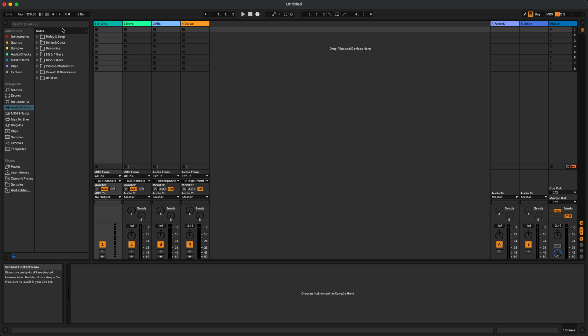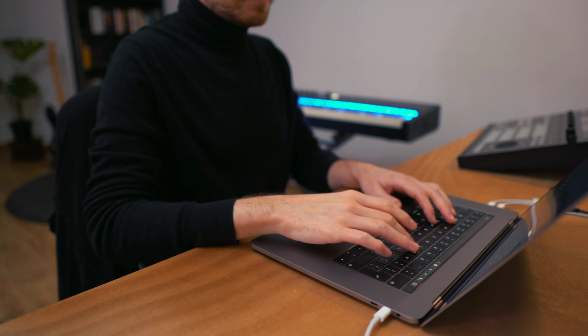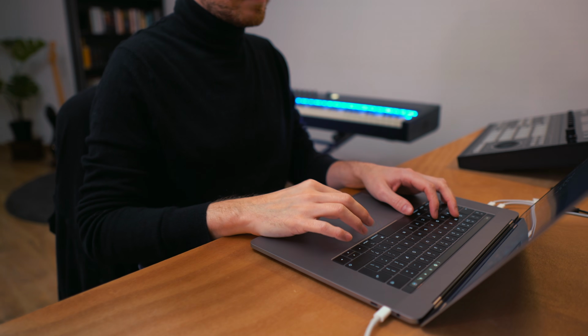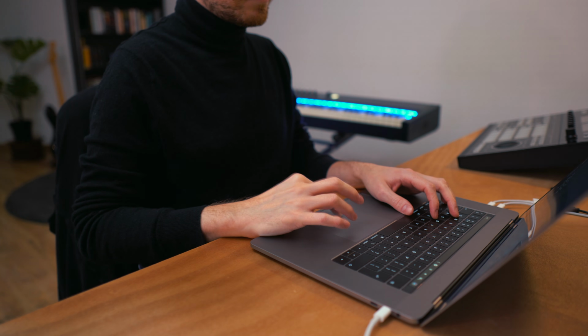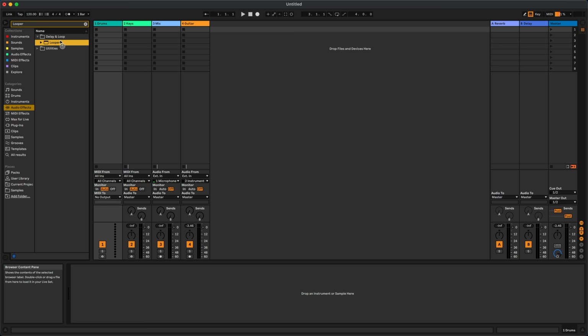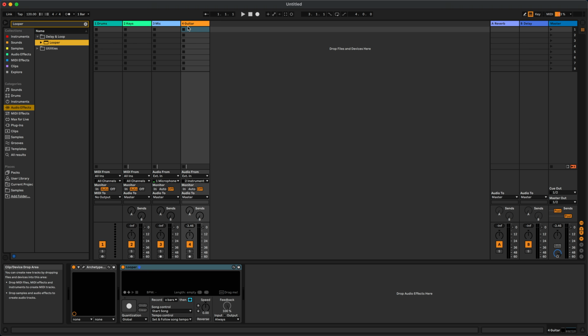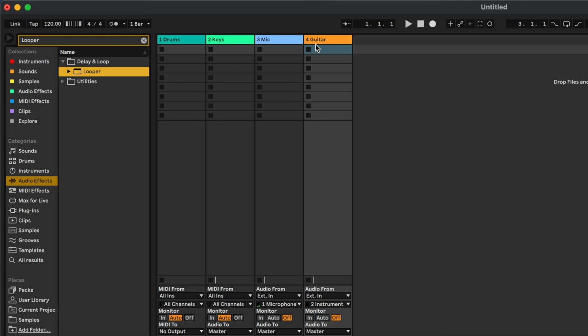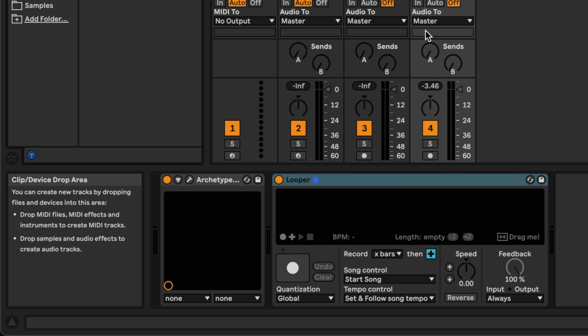So here in Ableton Live, we can search for the looper or find the audio effect in the delay and loop folder. Drag or double click looper from here to the track you want to record and loop with. In this case, I will put the effect on a new audio track, which will have my guitar as an audio input source. In the looper, you can see that the top half of the interface shows a display area, and the bottom half holds all the different buttons you can use to set the effect up to your taste